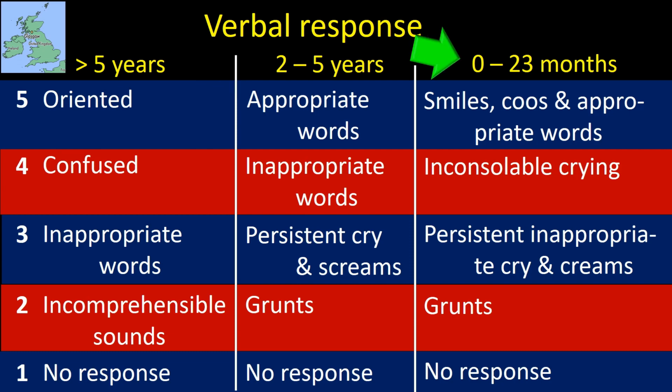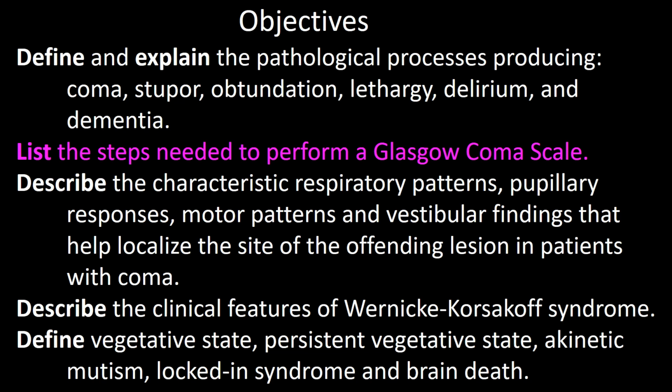From birth to 23 months, 1 point is granted for no verbal response, 2 for grunting, 3 points for persistent inappropriate cry and screaming, 4 points are granted for inconsolable cry, and 5 points are granted for smiling, cooing, or appropriate words. We have now covered the second item, and we will go on